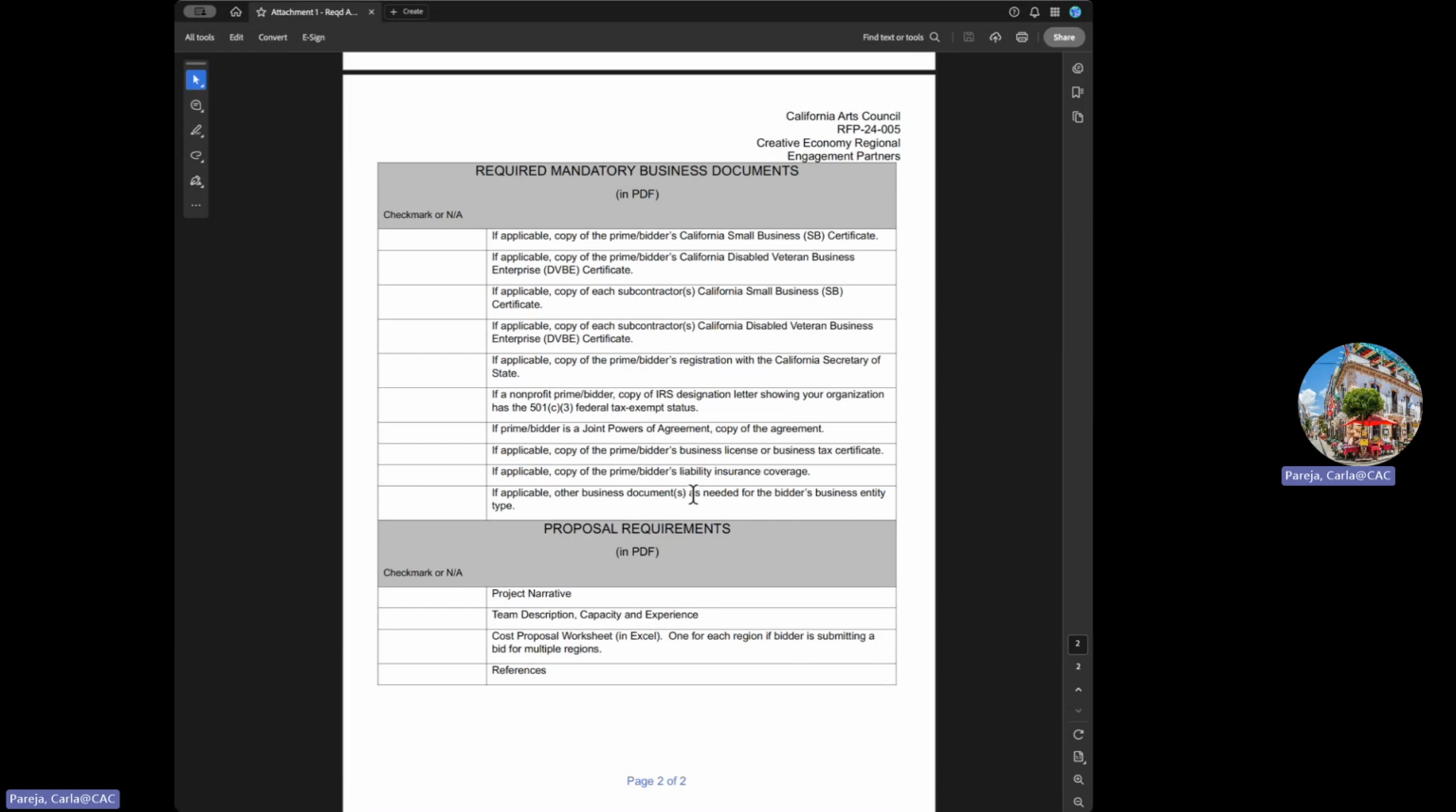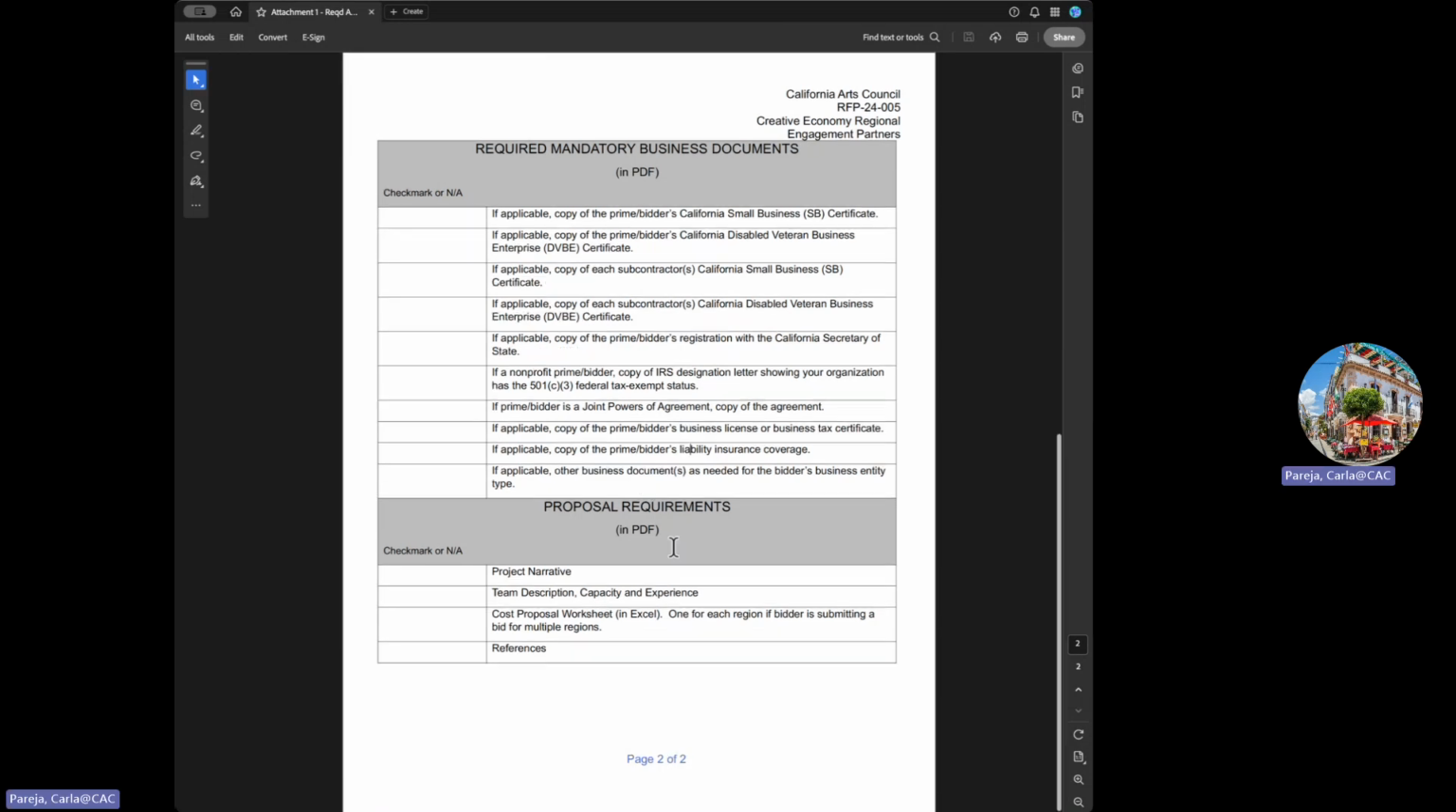If the bidder, a copy of the bidder's liability insurance coverage, and then other business documents as needed for the bidder's business entity type. Okay. Your proposal package must also include, for this particular RFP, Creative Economy Regional Engagement Partners, it will need to